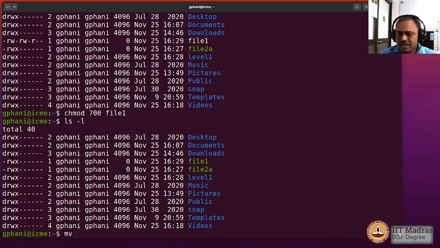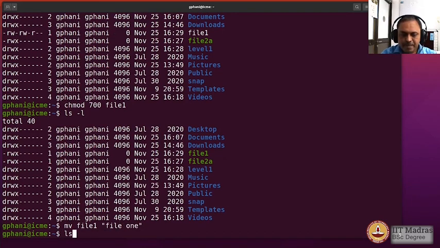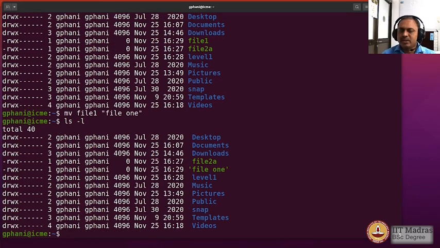So I will use the mv command on file1, and I want to rename it such that there is a space between two words. Okay, now let us see how it looks. You can see that the file has been renamed, and there is a quotation symbol to indicate that these two are separate words of the same file name, and there is a space between them.